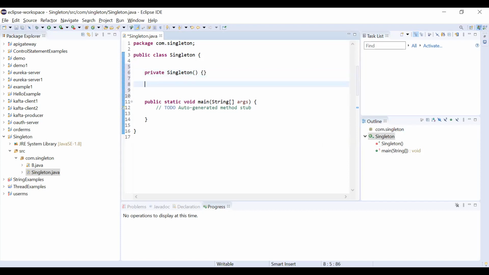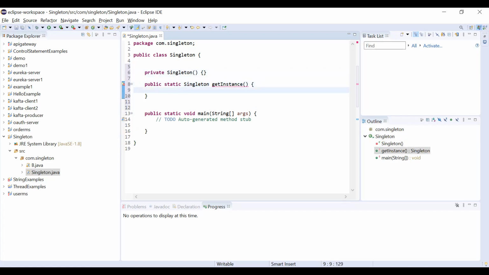The second point is to write a static method that has the return type of the object of this singleton class. So we create one static method, public static with return type Singleton. The method name is getInstance.